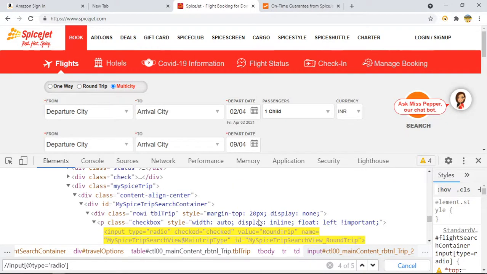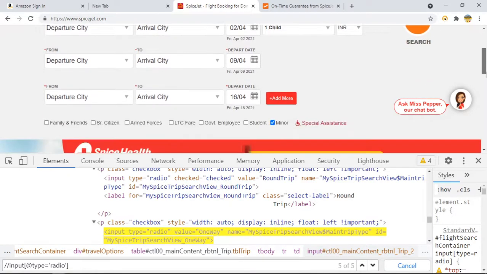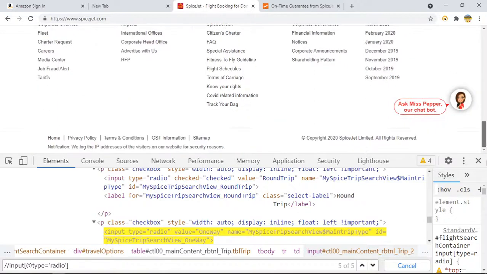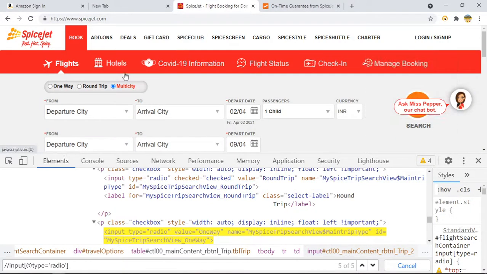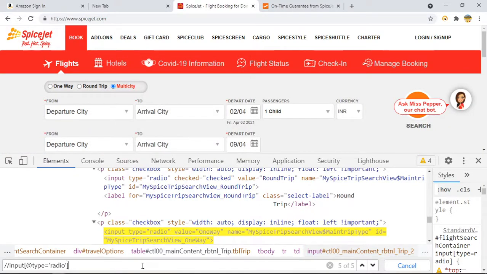Again, I think we are not going to see some other 3. I think these are hidden. Where are the 5? Input type equals to, name equals to, search. Where is it?